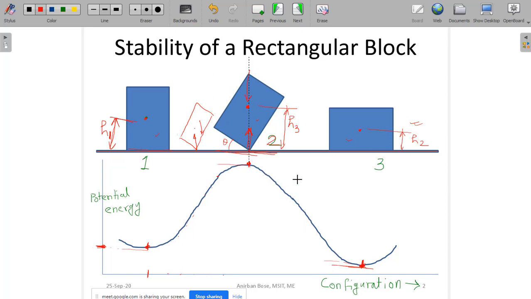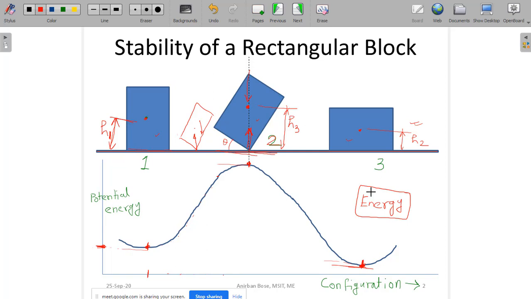This diagram is very important in the sense that we want to define the equilibrium or stability in terms of energy. We want to define everything in terms of energy, because that is very important. Definitely you can define equilibrium in terms of force. You know that if there is no net force or no net moment acting on the body, it will be in equilibrium. But we are trying to define equilibrium, or stability, in terms of energy. So everything in this particular course we will try to express in terms of energy, because that is very, very important.